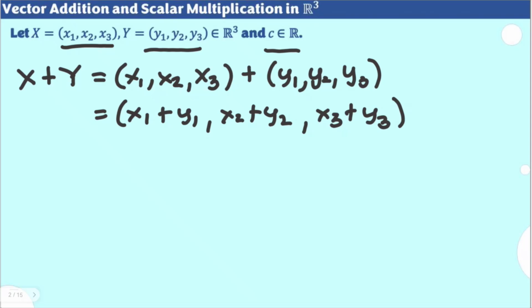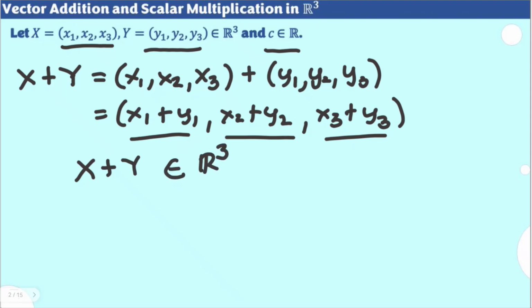Obviously, we can also see that the result of the sum or vector addition for any vectors would also contain three different components. That would mean for this situation, x plus y is still an element of R3. This means that vector addition is really closed for R3. So we are assured that if we add vectors, and given that the two vectors are already in R3, the resulting vector would also be a vector in R3. That means, again, it is closed. There is a closure property for vector addition.